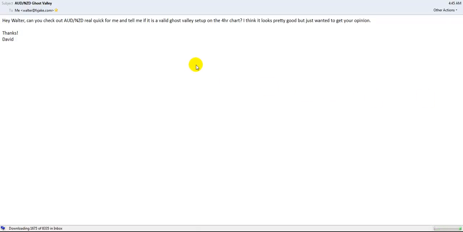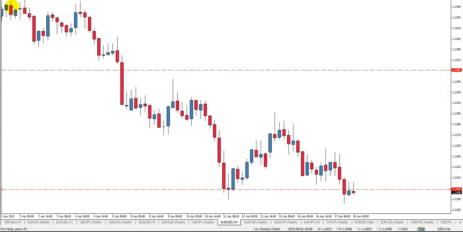So this is a question from David today about the Aussie Kiwi 4-hour chart. He says that it looks like there's a ghost valley, but he's not sure. So let's take a look. Here's the Aussie Kiwi 4-hour chart,